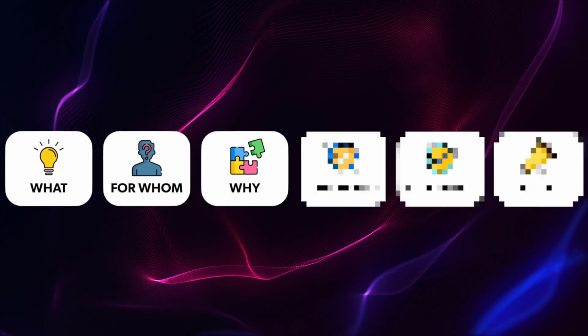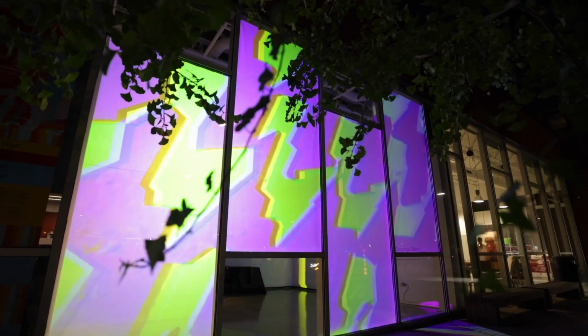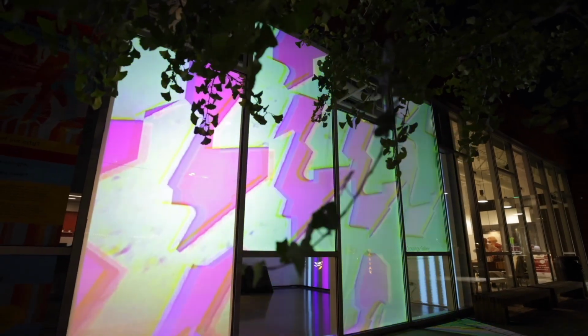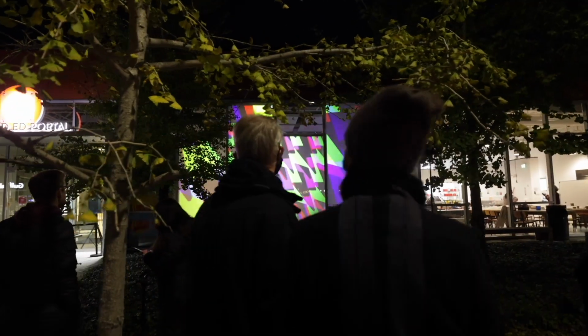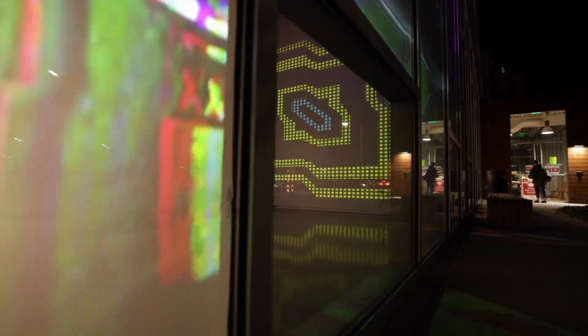All right, so these first 3 steps, the what, the for whom, and the why, can look something like this. I'm going to share about a project called Frequencies. Hi, my name is Maria, and Frequencies is a community-sourced audiovisual expression created for and by the people that live in a community, translated by artists Maria Finkelmeier and Allison Tennanthouse.